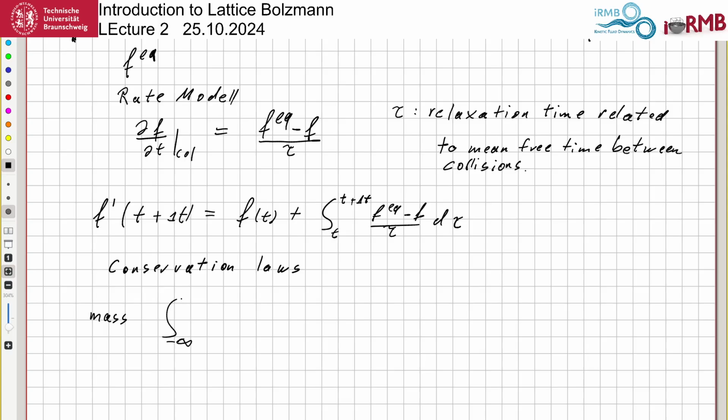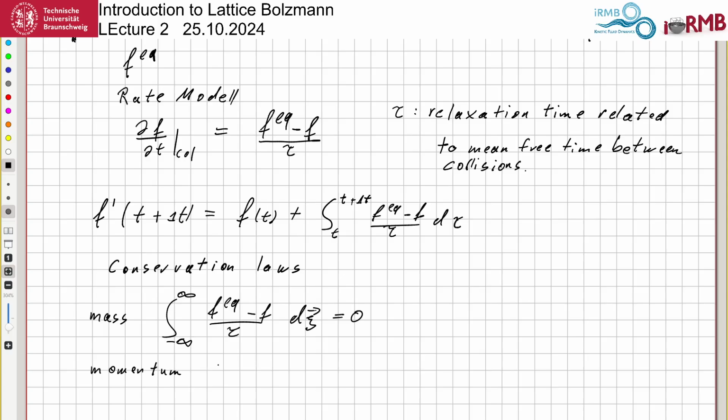If we integrate (Feq minus F) divided by tau over the entire velocity space, then we end up at 0. Because we are not integrating over the distribution, but over the change in distribution, right? If the change of the distribution produces no mass, then mass is obviously conserved, yeah? And then the same thing